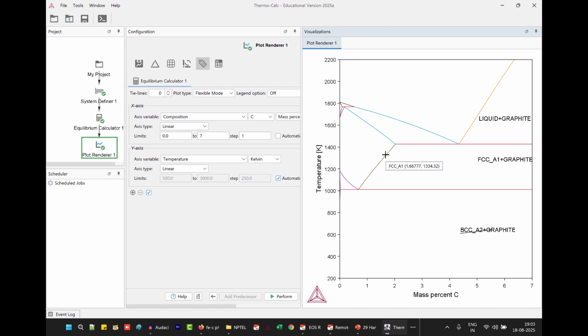But if you add anything beyond that, if you cross this black line here, you get into the graphite plus FCC region, meaning any more amount of carbon will give two phases. Graphite will be one of those phases. Now you get the point. So we see graphite as the stable phase here in this diagram, but we want cementite to appear at 6.67% carbon. So let's see how to do that.